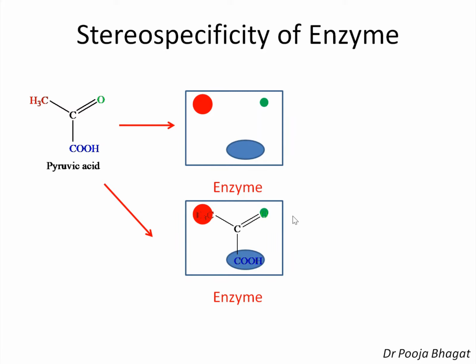No other way is possible through which the pyruvic acid can fit into the enzyme. So this is the way by which the pyruvic acid molecule fits into the enzyme, and hence the hydrogen transfer must occur only through one face. As I told you, for the reduction the hydrogen will get added, so there is only one possibility through which the hydrogen can get added. So you will end up with only one enantiomer of lactic acid, only this enantiomer. Okay, so this is another example of stereospecificity of an enzyme.